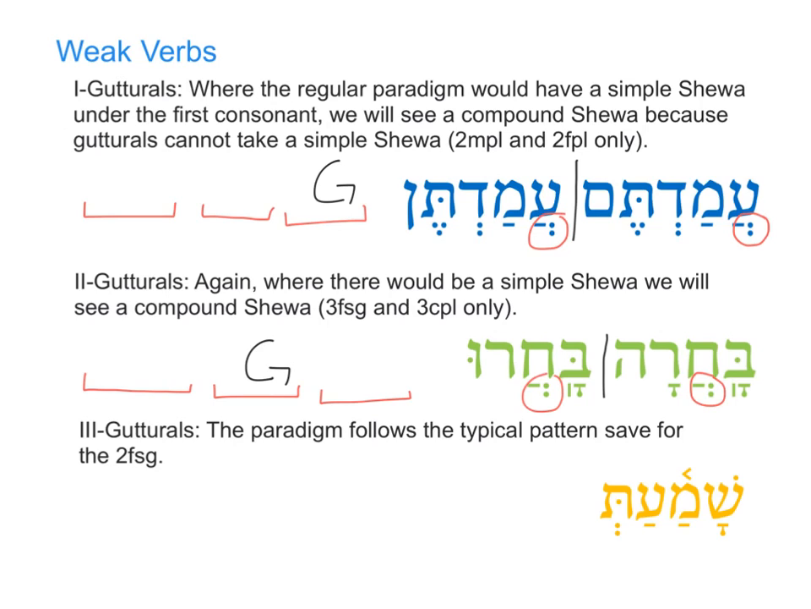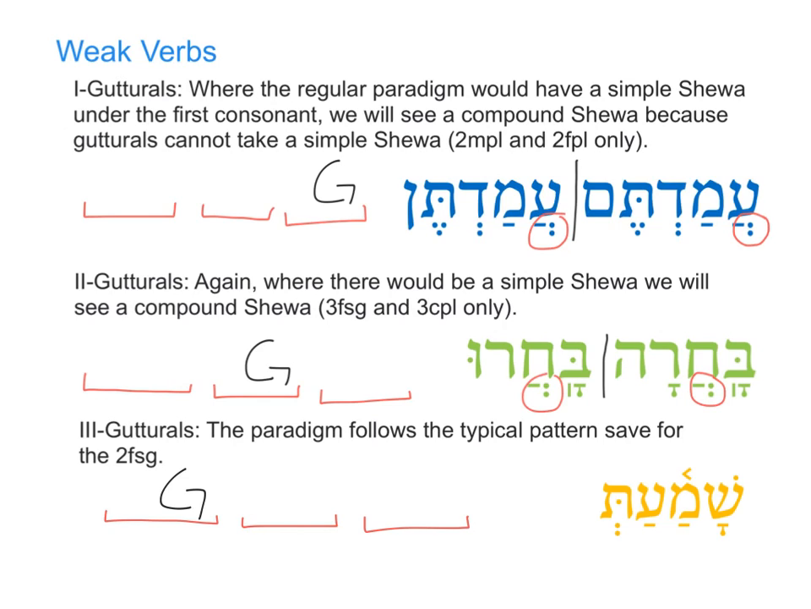All right, last one here is the 3 gutturals. So this should be no surprise. Here we are talking about verbs that have a guttural in this 3rd position. That's what we mean. Shama'at. This one is a bit interesting, and we'll just call this an anomaly. Verbs with a 3rd root letter that's a guttural, like this one, will follow the regular pattern of verbs. They'll follow the regular typical pattern like we had with pakad, except for this case in the 2FSG. And the only difference there is that where we would usually have